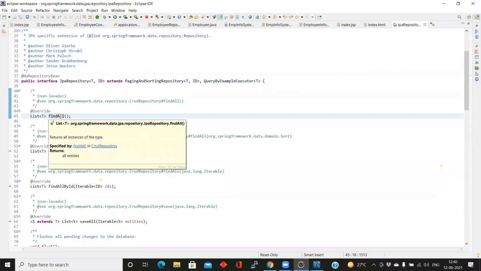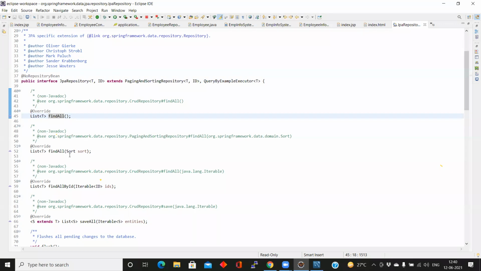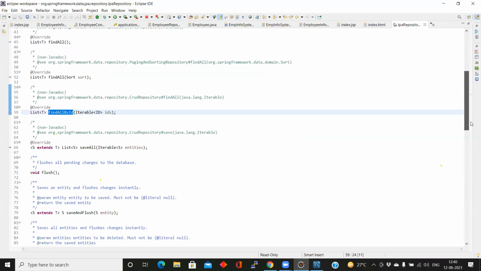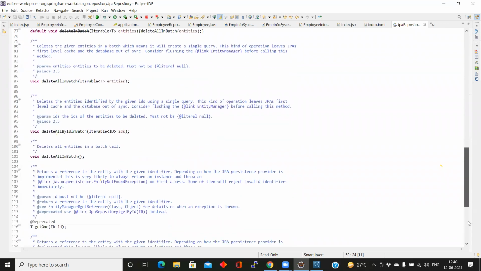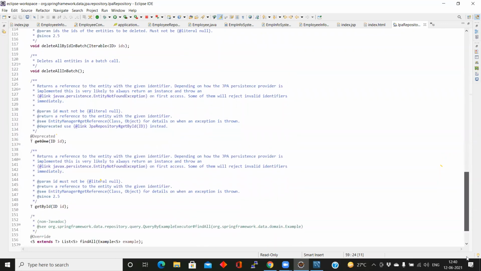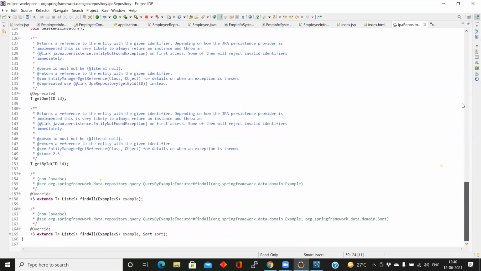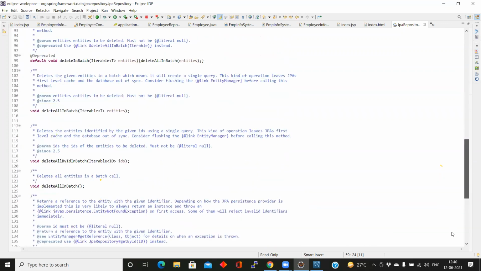There is findAll with sorting, findById, saveAll, and the save method. Multiple functions are already written for you. You just need to utilize them. As developers, you are not required to write the code. All supportive methods are written here.